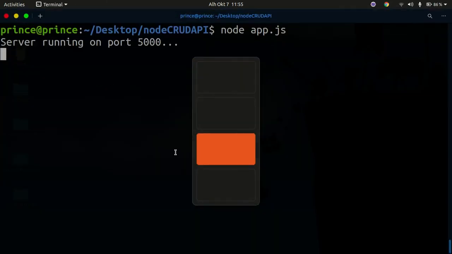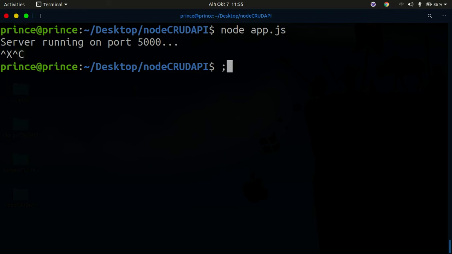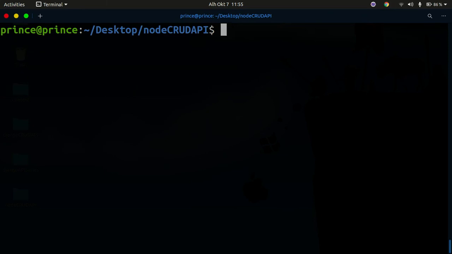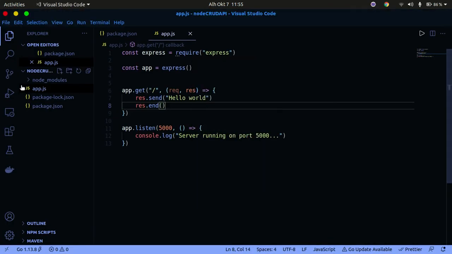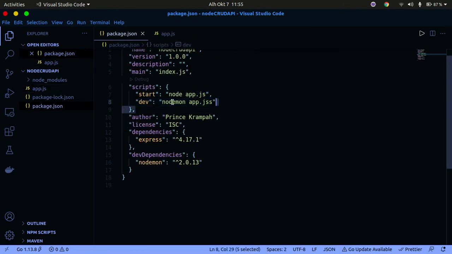So that's basically it, and now let me show you other ways to run this. So I'm going to stop this by pressing Ctrl+C, and I'm going to clear the terminal. So another way to run this is by saying npm run dev, and then you can just press enter. Let me bring you back to VS Code. It's going to be running what you have specified here. So npm run dev is going to run the dev script, and then